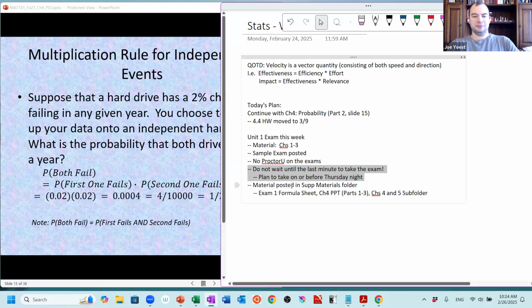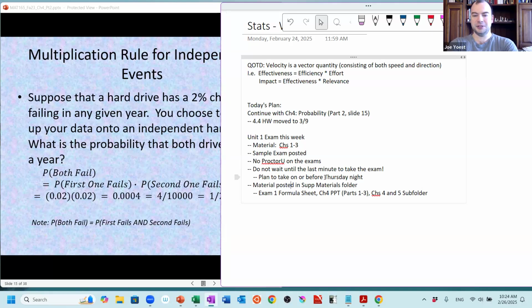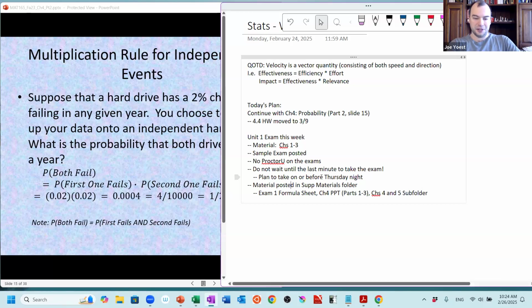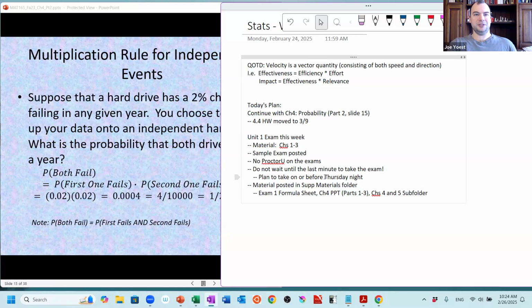So build in some margin. I know that some folks like to take every spare minute to study for the exam, to prep for it, but I think the cost benefit there is really not in your favor. Taking another couple of days to study for an exam, and then rolling the dice that something might happen and you end up not being able to take the exam at all, of course, would be a much worse outcome.